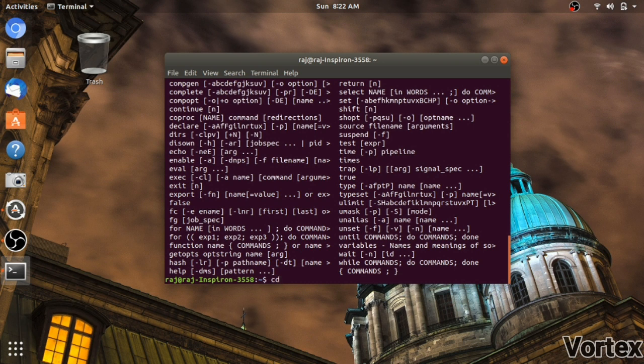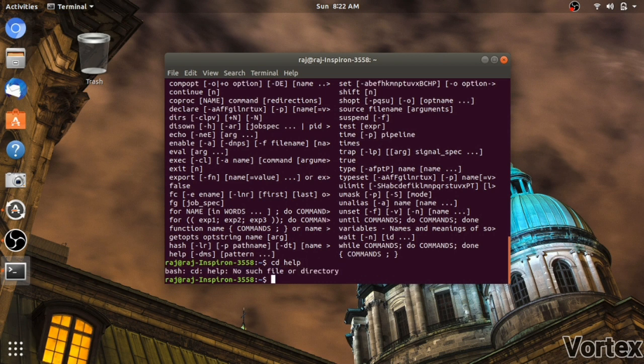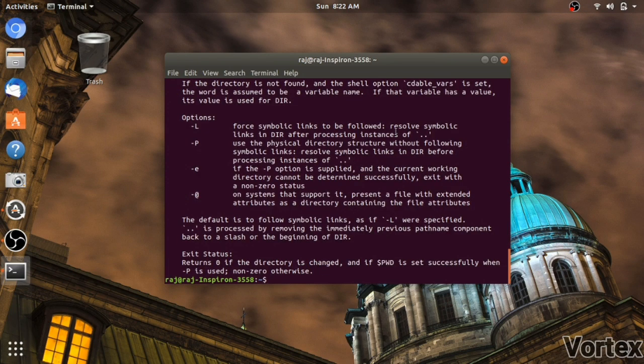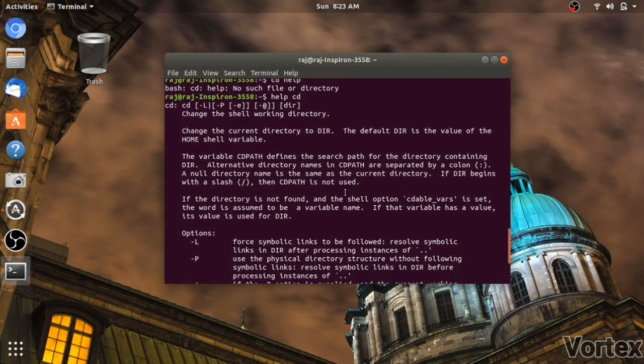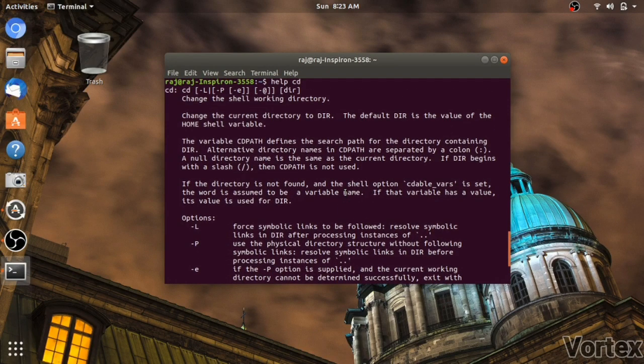If you don't understand a command, like cd, then write the help and type the command. It will provide you all the information. In the next tutorial I will give you information on how to use ls and how to use the copy command to directly copy any folder from one place to another through the command line interface.